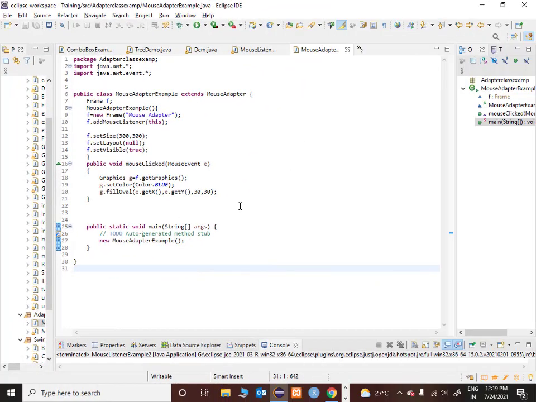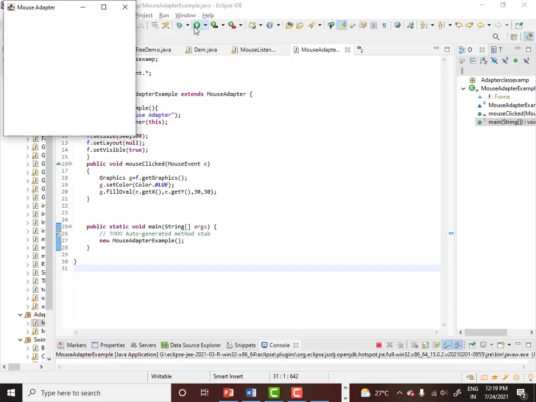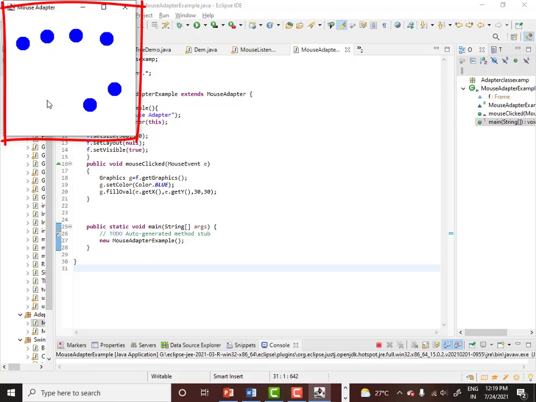So I have another program now. This program is actually using a mouse adapter. So let me run this program as well. Okay, observe that the output is pretty similar. So now I have executed two programs for you. One program which uses the mouse listener interface, and the second program which uses the mouse adapter.